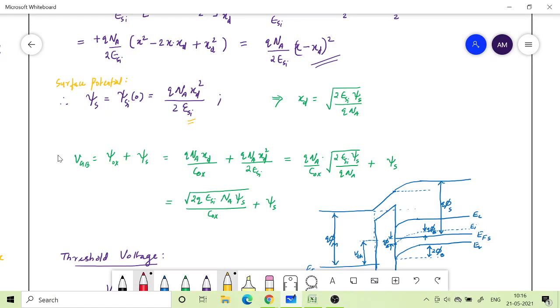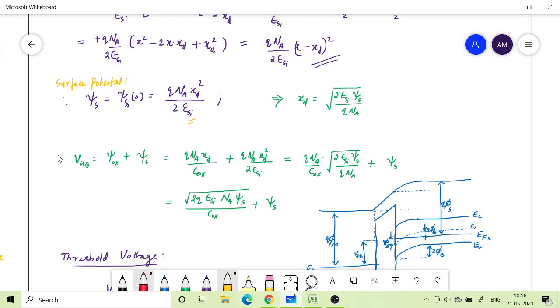So a similar thing is happening here. Inside the bulk, lots of holes are there. It's a p-type region, and therefore lots of free charge carriers are there, which are holes, and there will be no or negligible voltage drop. But in the depletion region, charges are pushed away, free charges are not there, only ions are there, and they will offer resistivity and therefore voltage drop.